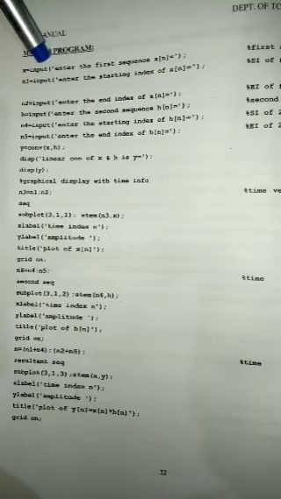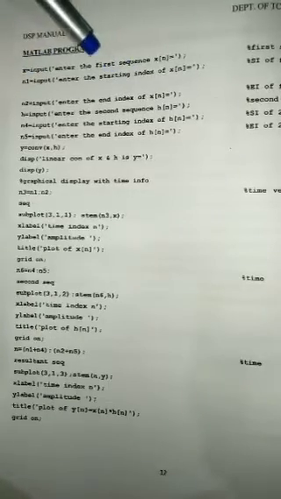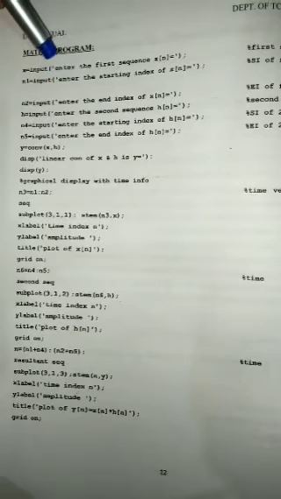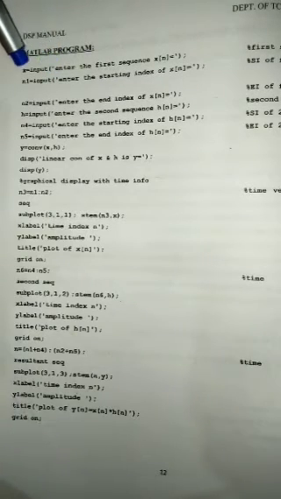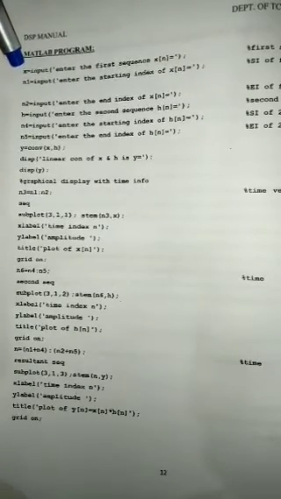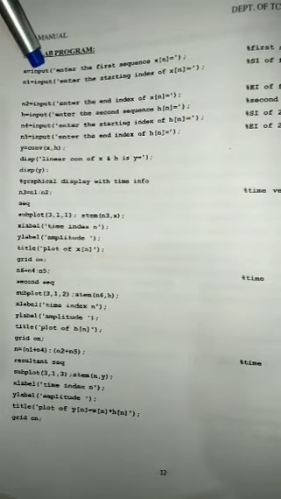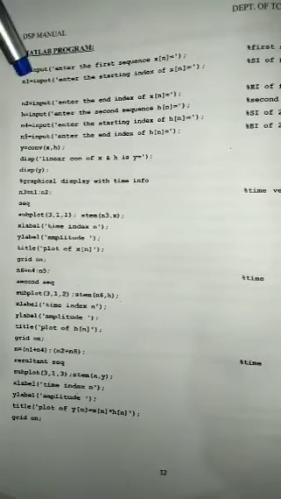But each and every time we need to change that input sequence whenever the examiner asks us to change the input. Now this is by default. Each time I run the same program, it will prompt us to enter the input through the keyboard. Therefore, try to make use of this command to enter the input. That is, x is equal to, x is a variable that we have considered here as one of the inputs to compute the convolution.